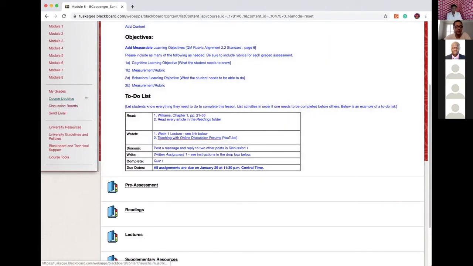The last bit of the navigation menu over here, there is a link to my grades. So any of those assignments, any of those tests, any of those quizzes that you have in the Blackboard gradebook are going to be accessible to your students when they click on my grades. There's also a link here to course updates. So as you post announcements, as due dates come close, your students can see updates about those announcements or updates about recently graded items or any other